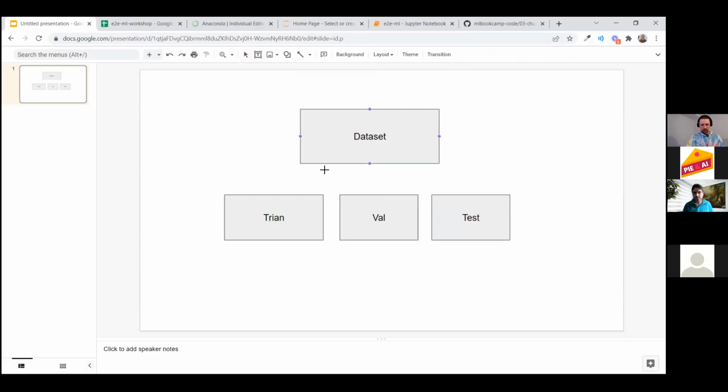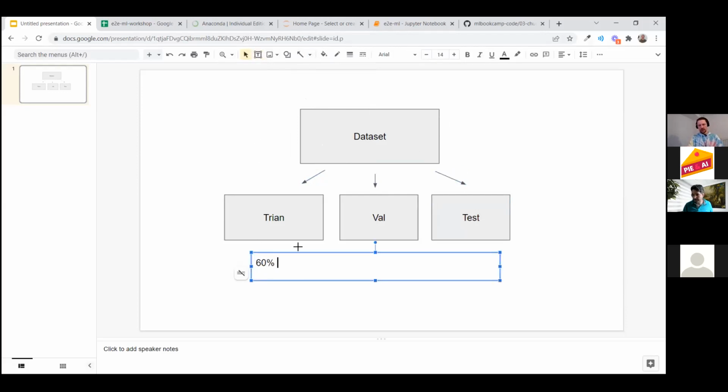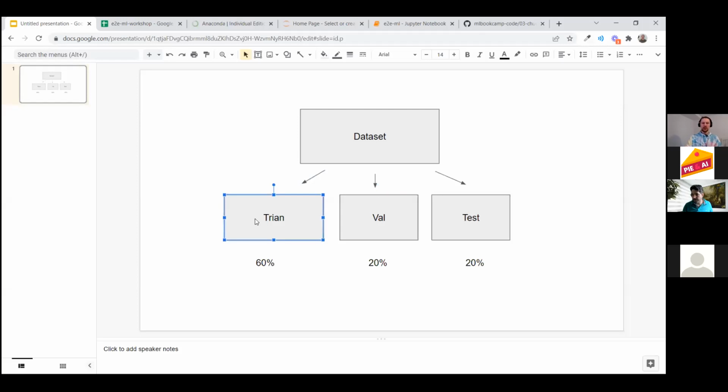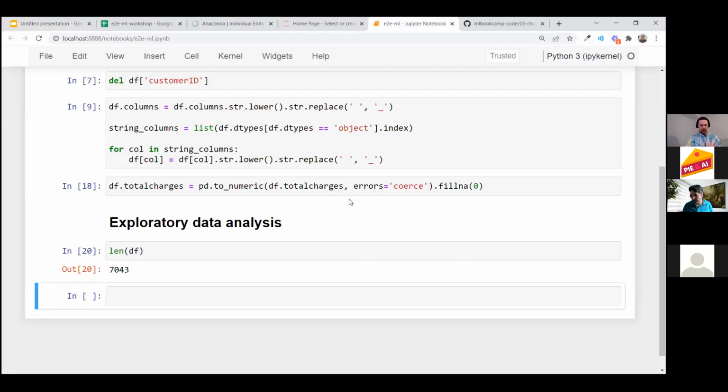Meaning that we want to split it. So for the train part, let us take 60%, then the validation part 20%, and then the test part is 20% of the original data set. We use the train part for training the model, and we do not use the other parts for training the model. So once the model is trained, we apply it to the test part, and this is how we check that our model is actually doing well. So we apply it to the cases that the model didn't see. And let me quickly do this.